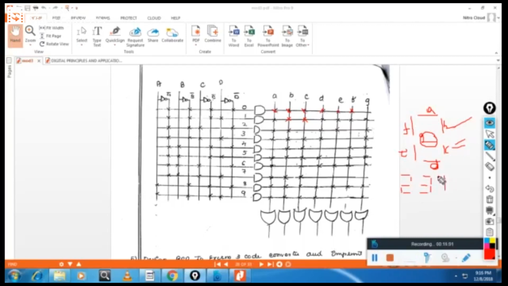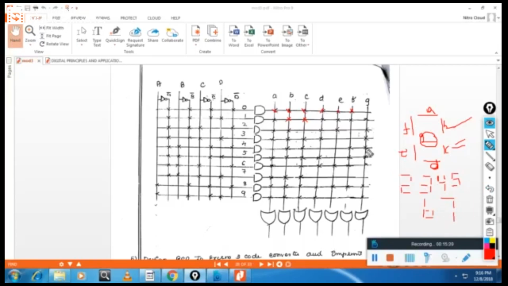This is 4. 5, 6, sorry, 6. 7 is something like this, not like this.